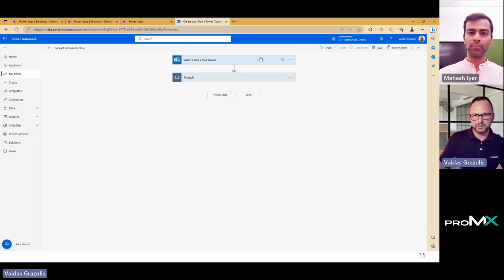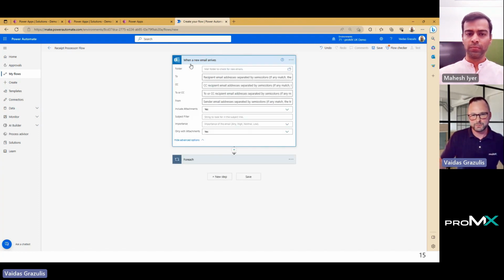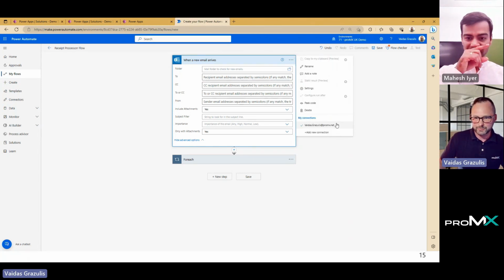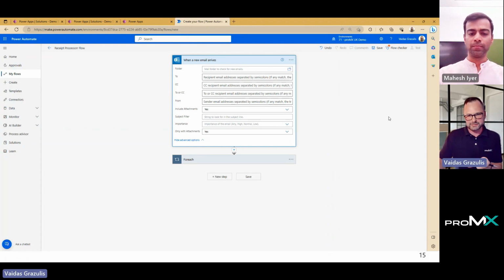We can see our trigger given here. This is pretty much when a new email arrives, a blank template. Since we have identified in our request for a new flow that we will be working with attachments in our process, Power Automate automatically pre-selected the include attachments and only with attachments options. Here, we don't need to specify anything else. We don't even need to fill the To, because the service knows that the connection is made with this account, so it will read this inbox for incoming emails.